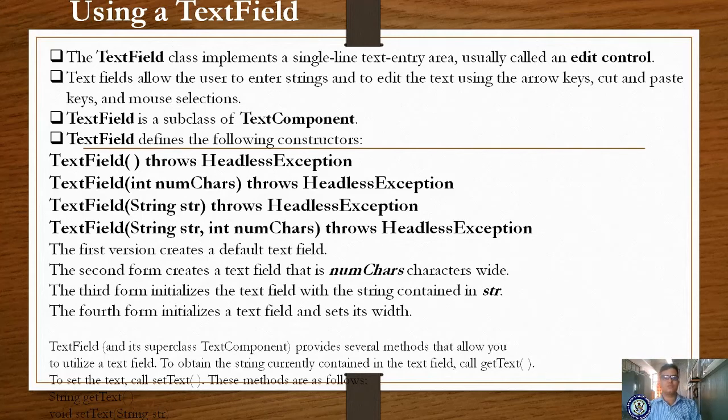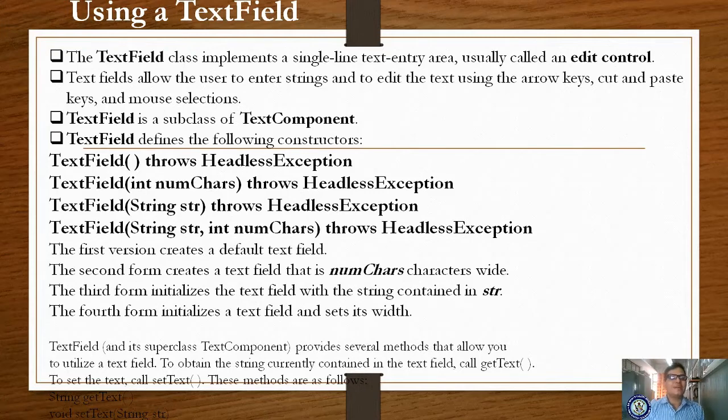Text box. If you want to get text boxes, we have to use the TextField class. The TextField class implements a single line text entry area, usually called an edit control. It is called an edit control because you can modify the entered value.